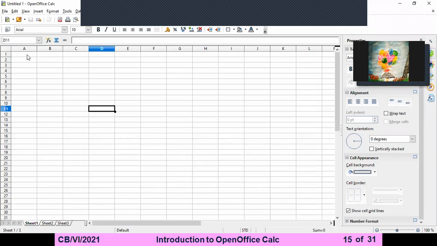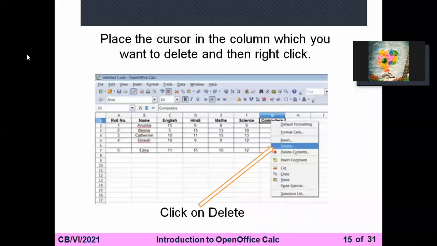As you are in class 6, I will not be repeating. Whenever I am saving the file, you have to understand by yourself that ma'am is pressing Control plus S, and that's why the file is going to save. So lastly, we learned about inserting and deleting a row in Calc. Now we will go ahead.